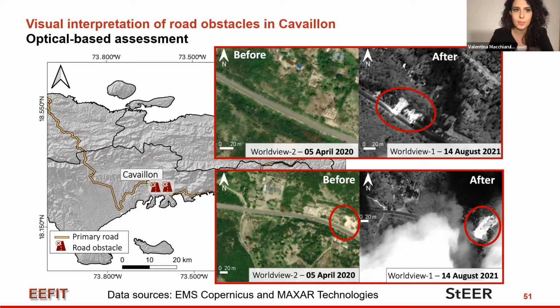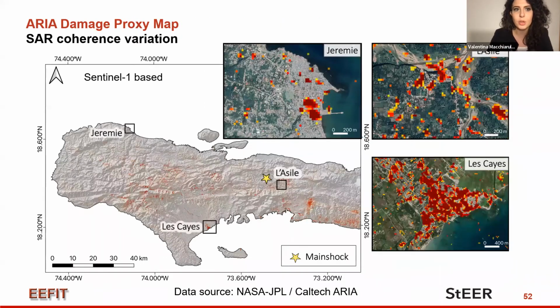Another remote sensing product that we see in the next slide that can be used to assess the extent of damage caused by the earthquake is the damage proxy map produced by the ARIA team of the Jet Propulsion Laboratory of NASA in Caltech in California. And basically, this map is generated by processing synthetic aperture radar images acquired by Sentinel-1 satellites before and after the